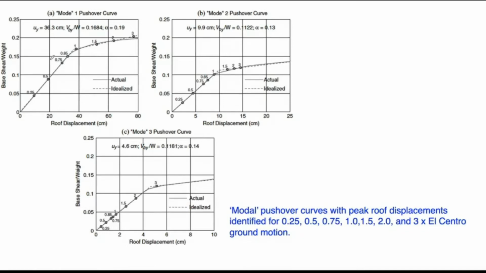On this capacity curve, you see a number of points written as 0.25, 0.5, 0.75, 1, 1.5, 2, and then 3. These are basically the force demand and displacement demand on this capacity curve obtained for the El Centro earthquake. The procedure for how these displacements are obtained is not shown here, but I think we already talked about the